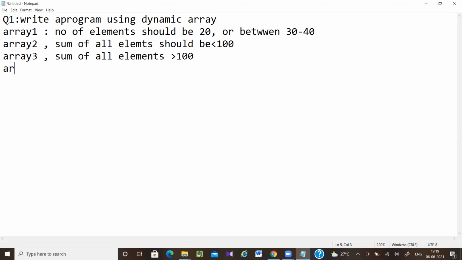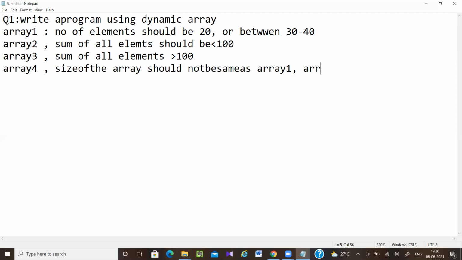Next, array 4. Here the number of elements, or I can say the size of the array, should not be the same as array 1, array 2, array 3.